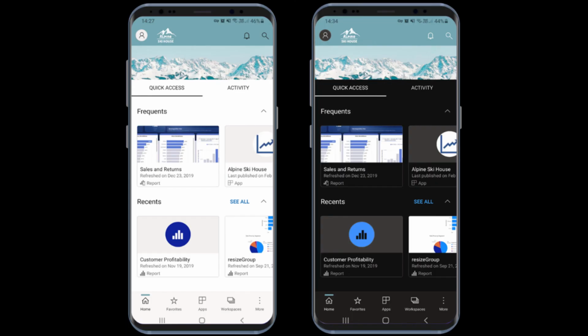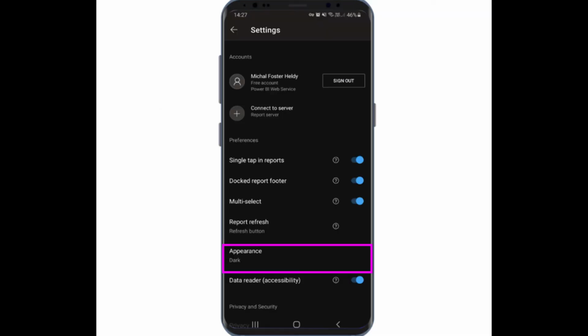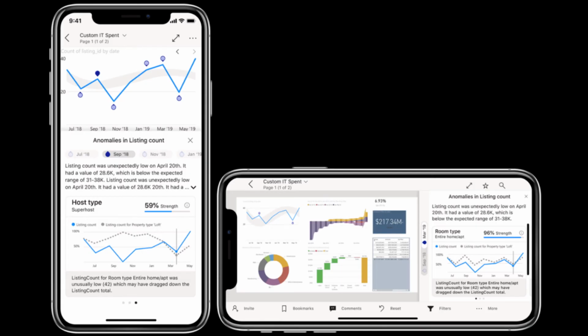Dark mode support is now available for both iOS and Android devices. You should be able to configure this feature from the settings. I do wish that dark mode support was available for Power BI desktop and service as well, so maybe for the next update. Anomaly detection was a really neat feature that was released just last month,